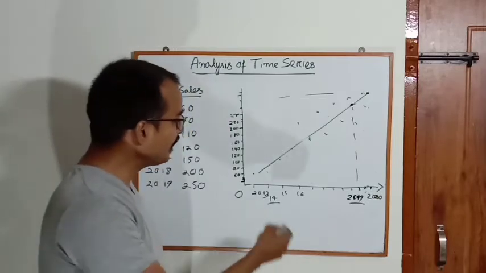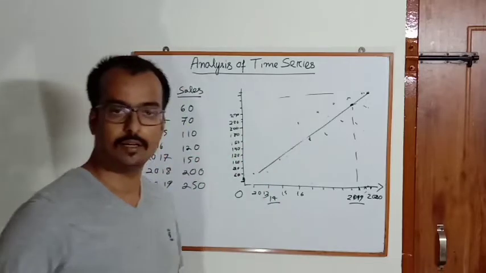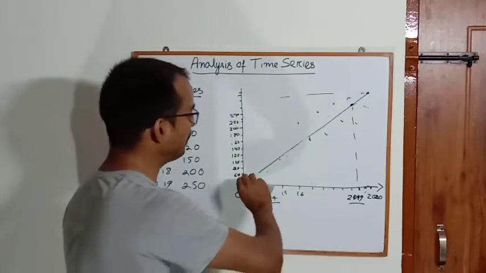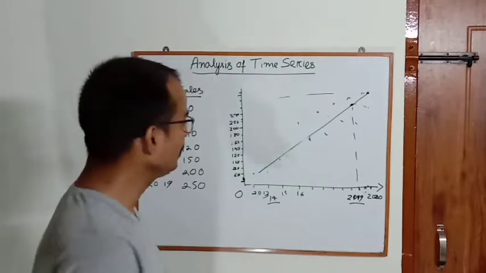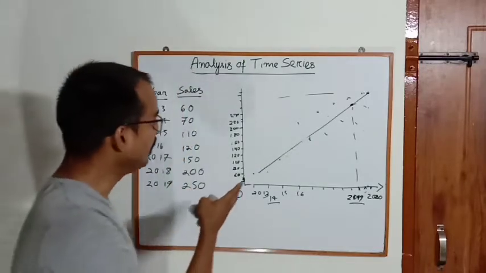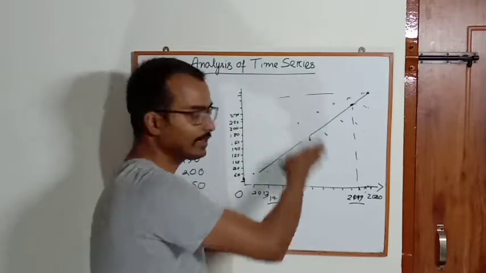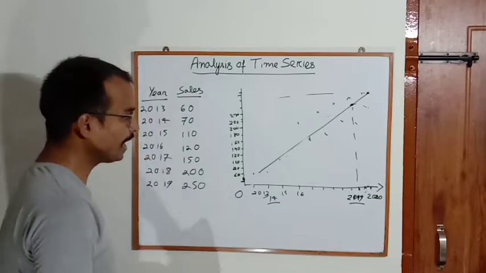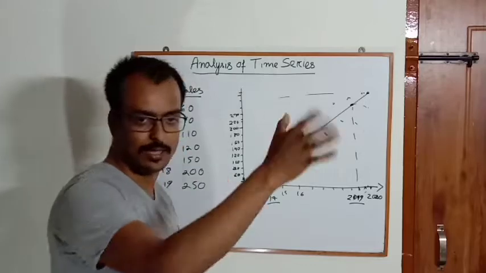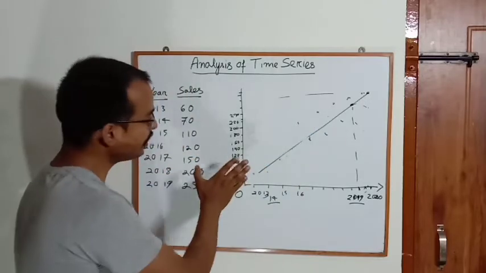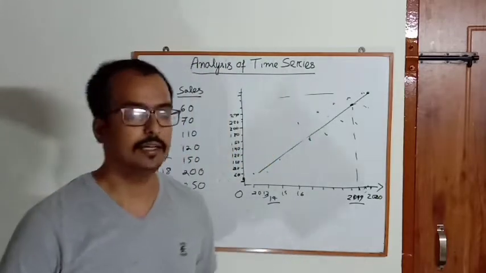Now, what are the steps we have followed? We have just plotted the time series. We have observed the trend and accordingly we have plotted a straight line, which actually may not be linear, it may be curvilinear, a line which we think best fits this data. I'm again saying best fitting means data values above and below as a whole are equal. So this gives us the trend.